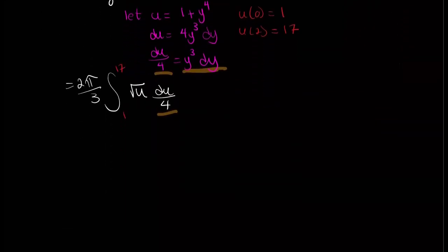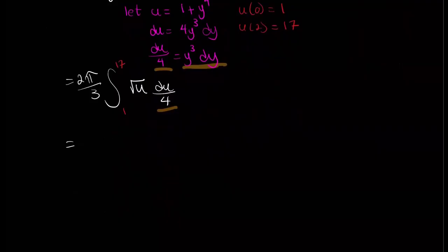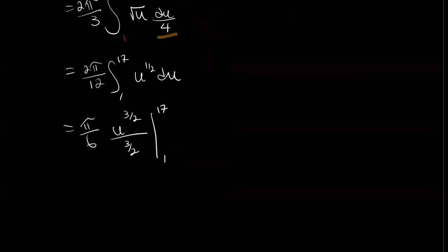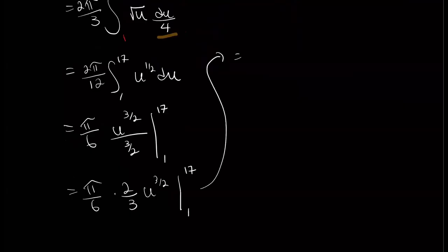And then I'm going to simplify a little farther. This is going to become 2 pi over 12, the integral from 1 to 17 of u to the 1/2 du. I just did the 3 times 4 on the bottom. And then I'll simplify that to be pi over 6. Add 1 to the power, divide by the new power. And you know that dividing by a fraction is multiplying by its reciprocal. And then this can become 2 pi over 18, which is the same thing as